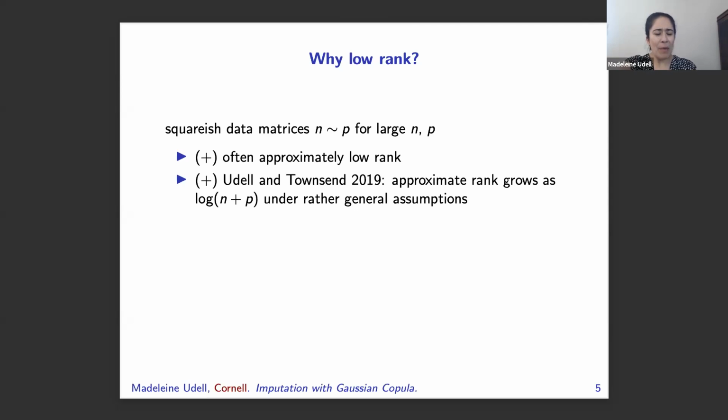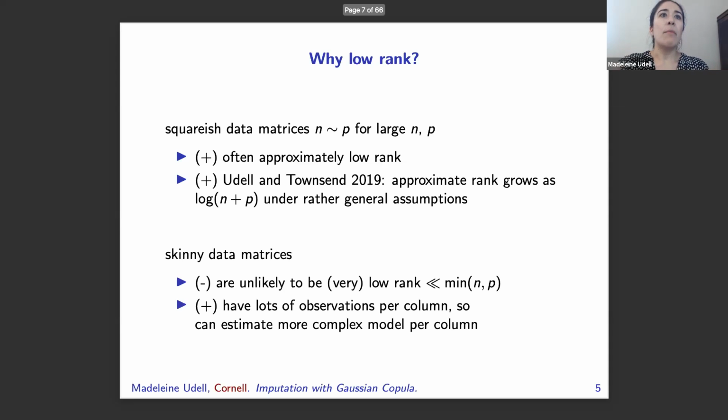Once again, let's remember why we thought that data matrices were often approximately low rank. Part of the reason is that squarish matrices should be low rank. Essentially, the reason why you need a matrix to be squarish to be approximately low rank is that the column rank is equal to the row rank, right? This is a fundamental fact of linear algebra. And so that means that the number of features that we're fitting for every row is equal to the number of features that we're fitting for every column. The number of degrees of freedom of our model is the same per row and per column. That's fundamental to low rank.